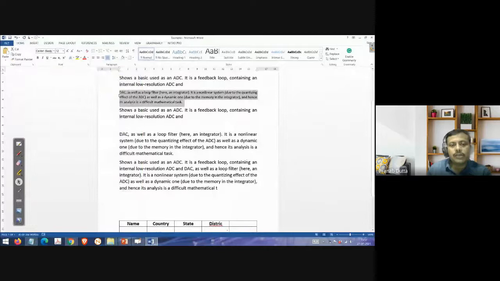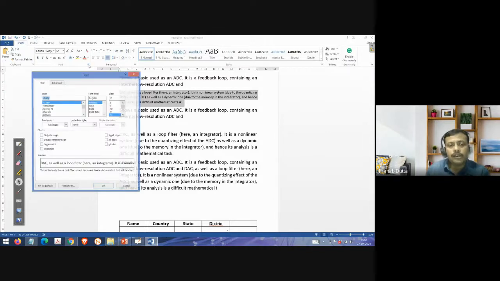Suppose I want to change this text to italic. One way is that I can select it from here: italic or bold, right, or underline. I can do that from these three icons. Or strikethrough, I can cut it also. Okay, so these things we can do from these icons. Whatever icon is present here, I can use it from here. Another thing, I can do it from here also.